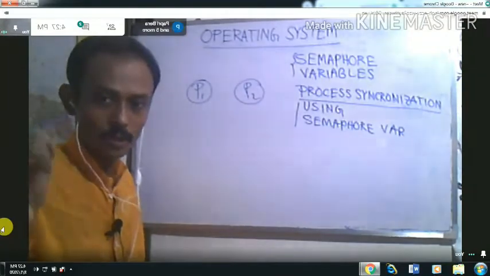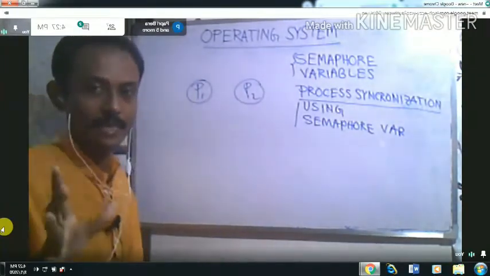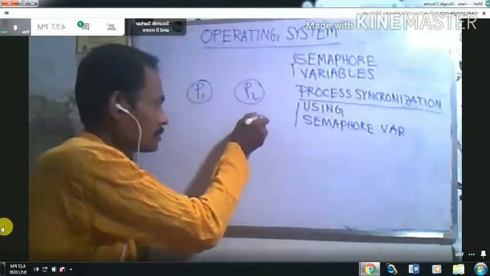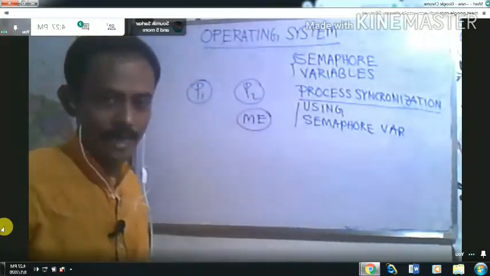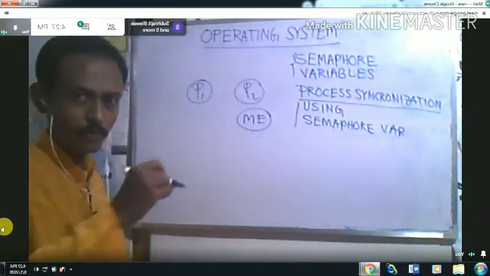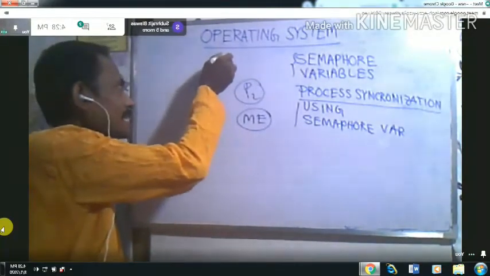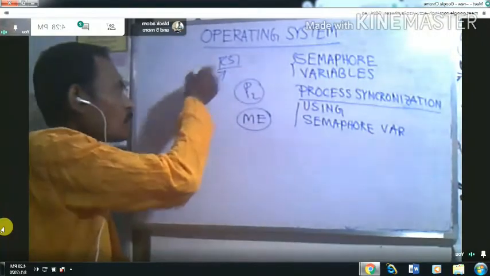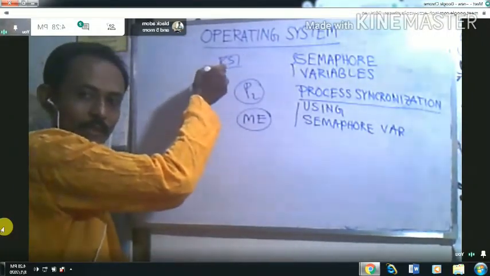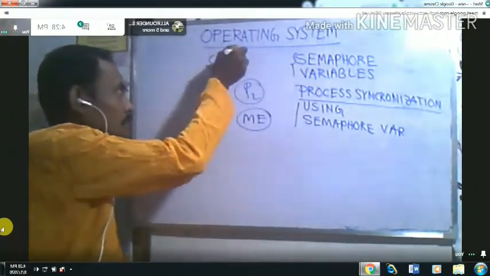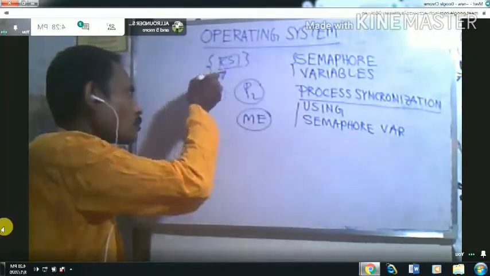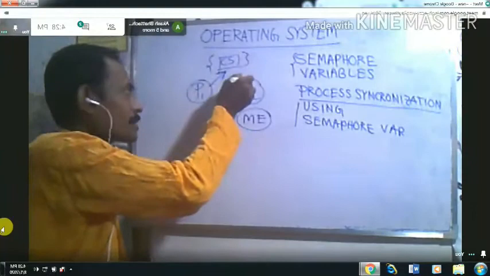One of the criteria is mutual exclusion. What is mutual exclusion? Suppose this is a section of the code that P1 will modify, and P2 also wants to update this section.